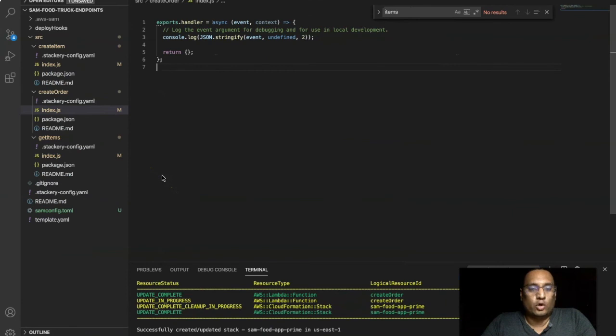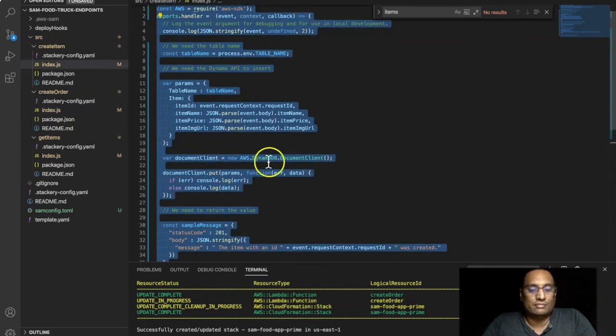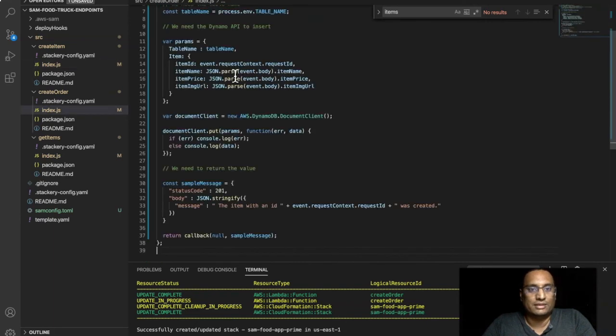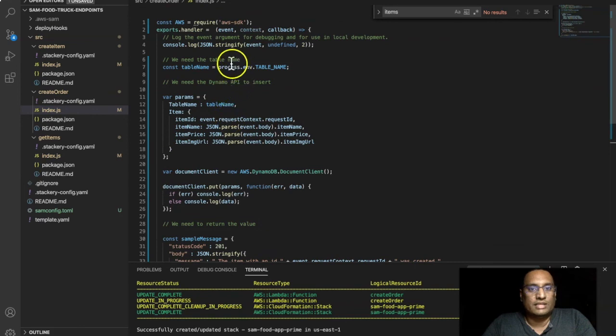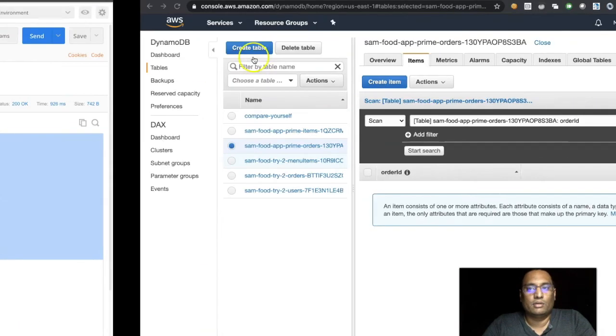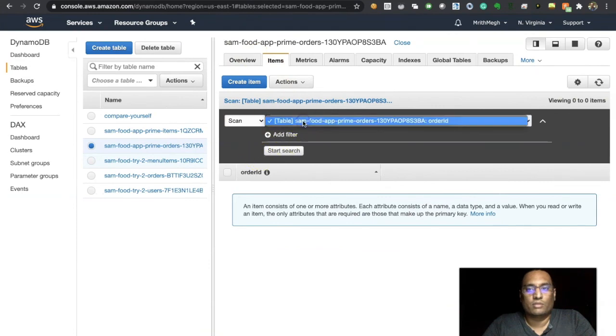Now let's go ahead and implement the last missing piece of the API, which is the create order method. We have the create item. I'm just going to copy that and paste it here. What will change here, because we have same handler name, this will be order ID, and that is the name, that is the key for the DynamoDB table, whatever we have here. So we have the order ID,